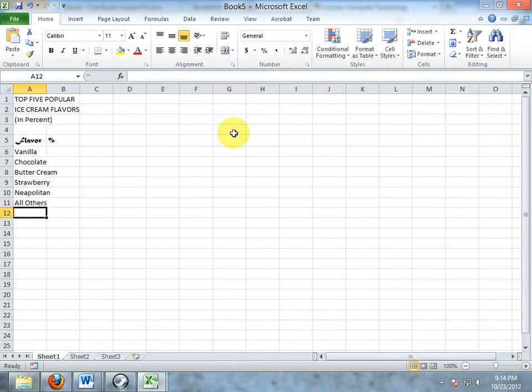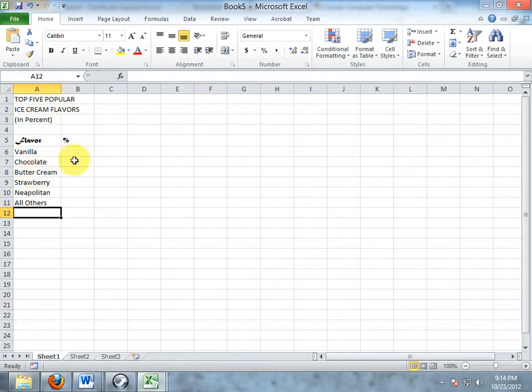Go ahead and hit enter. Okay, now let's adjust the column so it doesn't block any of the stuff here. Alright, for vanilla, in B6, we're going to type 29. Alright, in the next one down, 8.9, 5.3, 4.2,